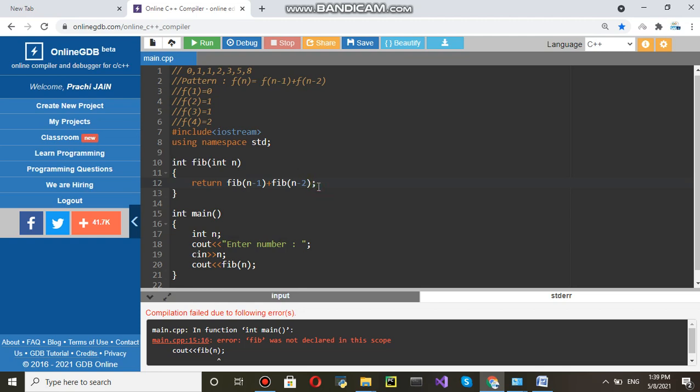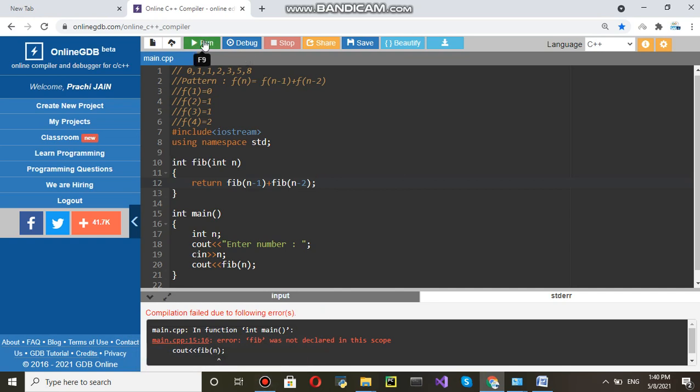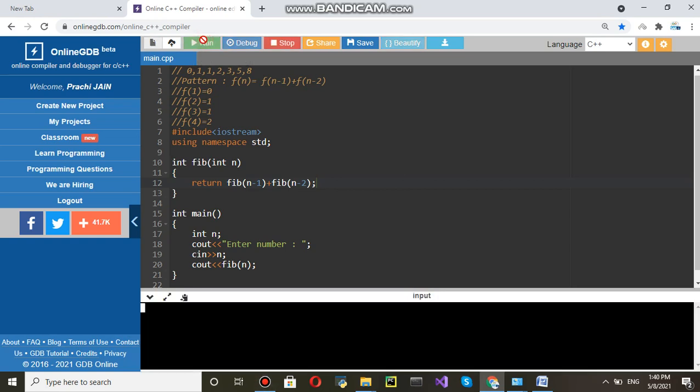Return fib of n minus 1 plus fib of n minus 2. If you run this program, we'll get an error, segmentation fault, core dumped. Enter a number, write 5, then enter. You'll get segmentation fault, core dumped.